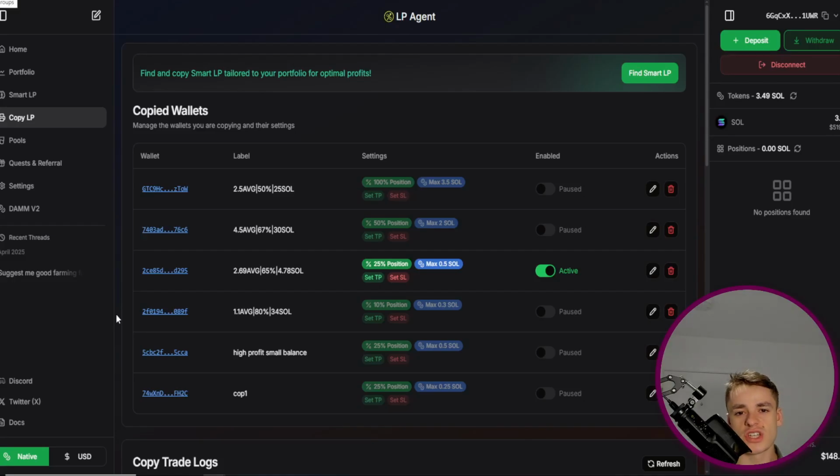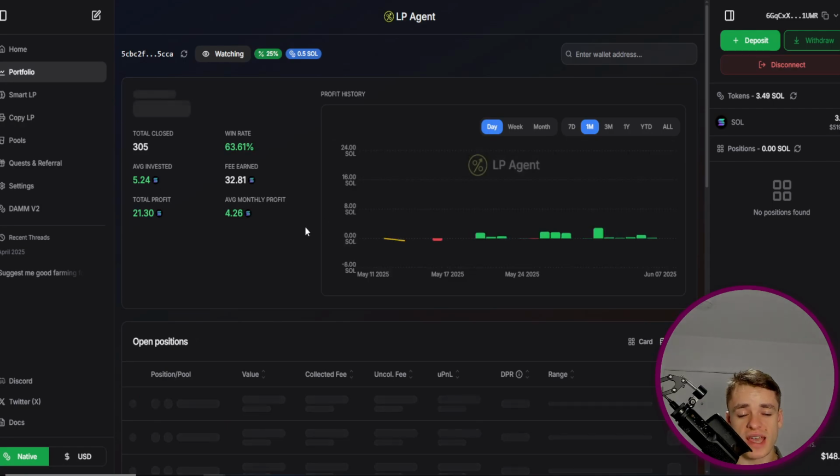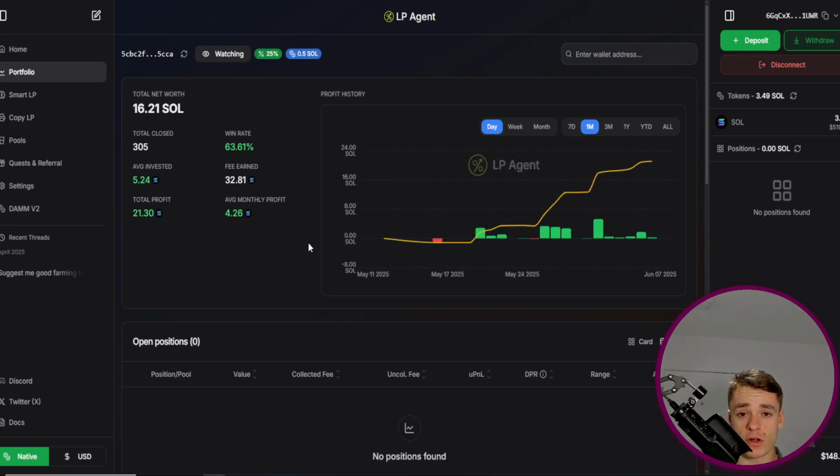For today's video, I want to talk about LP Agent for Meteora. I'm sure many of you are already familiar with it, or if you're not, you might have seen some screenshots of people clicking on wallets and showing their performance and using their extremely powerful portfolio feature. But today I want to be going over some of the other features which they have, also their Smart LP,